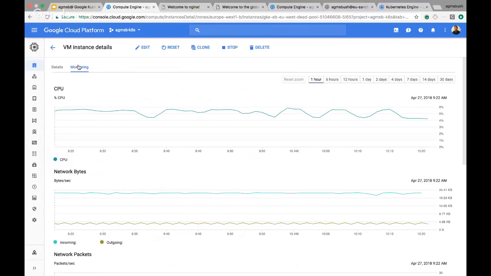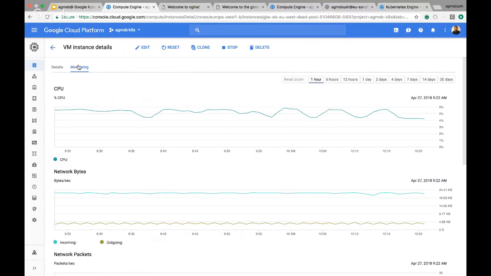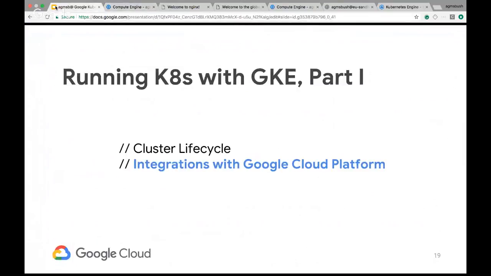So that's one thing that's great: Google Kubernetes Engine integrates with an opinionated way of doing monitoring and logging. However, there are other ways that you can also run other monitoring tools. Certainly, there's a bevy of examples of that we can share. But if you're looking to do something in a no-op way, this is provided for you for free.